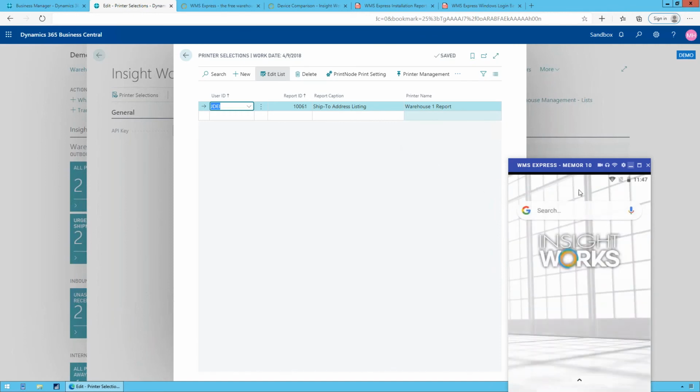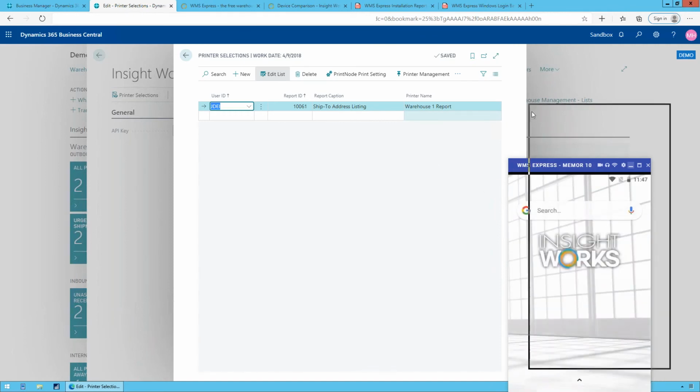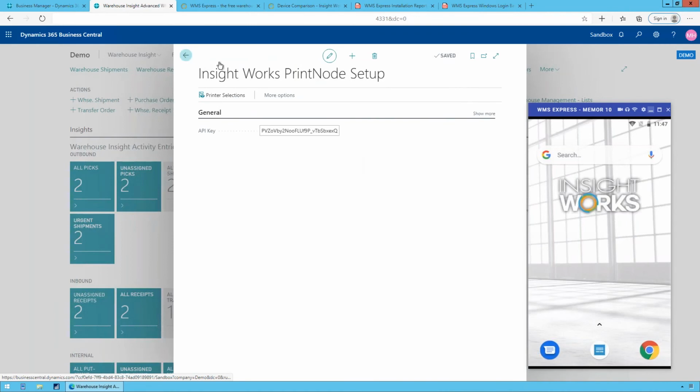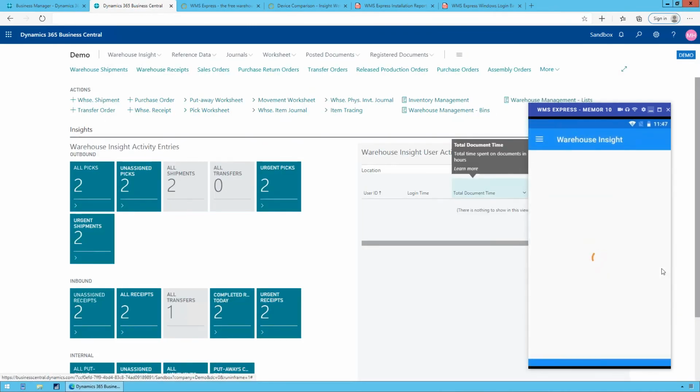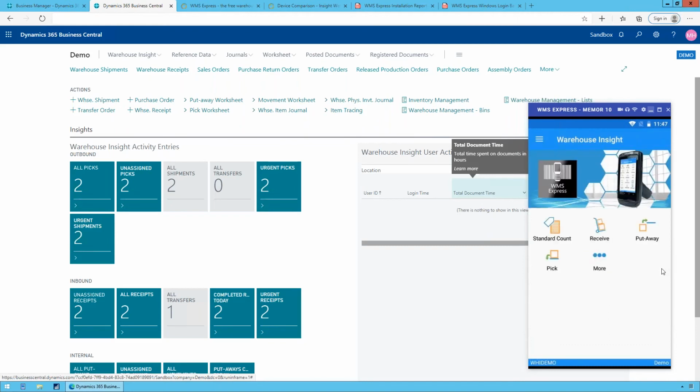Okay, so oops, I hit escape on the wrong thing, but that's okay. So that's how we do it. We use PrintNode to do that cloud printing. It'd be nice one day if Microsoft will have its own cloud printing capability, but until then, PrintNode is the